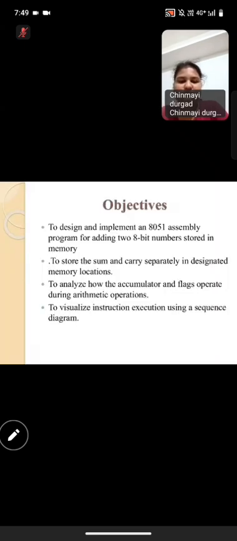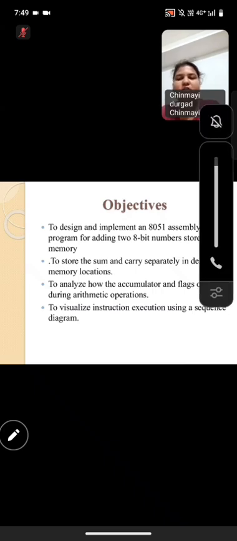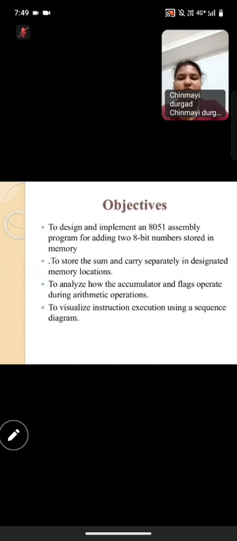Objectives. To design and implement an 8051 assembly program for adding two 8-bit numbers stored in memory; to store the sum and carry separately in distinct memory locations; to analyze how the accumulator and flags operate during arithmetic operations; to visualize instruction execution using a sequence diagram; to study accumulator operation, understanding the role of the accumulator in performing arithmetic operations and temporarily holding data during execution; to observe flag register behavior, analyzing how status flags are affected after the addition instruction is executed;